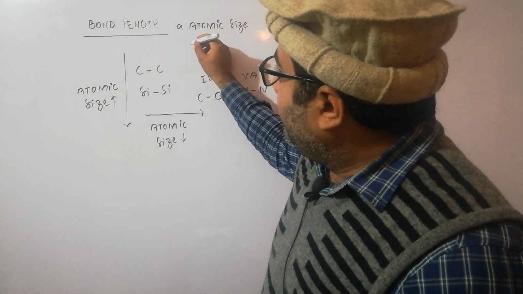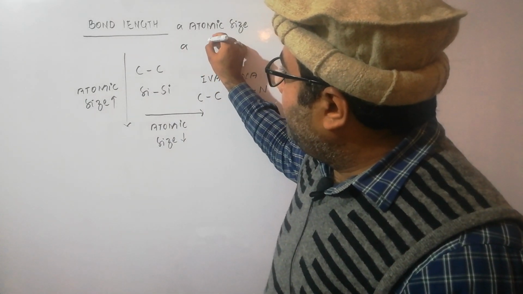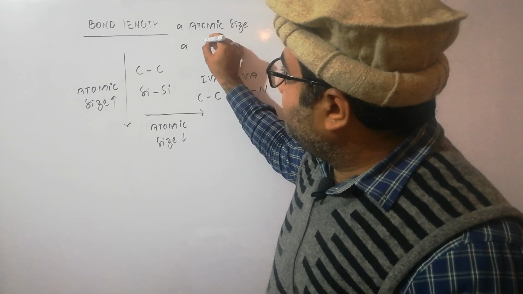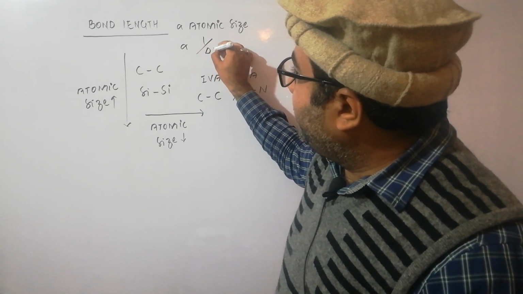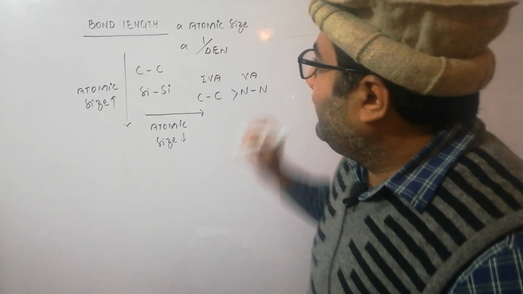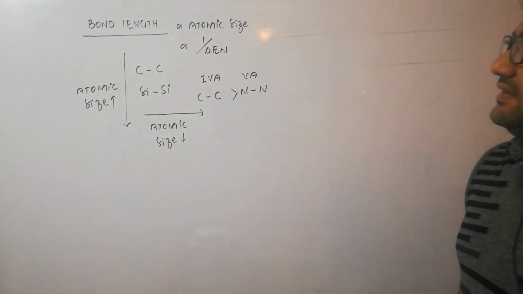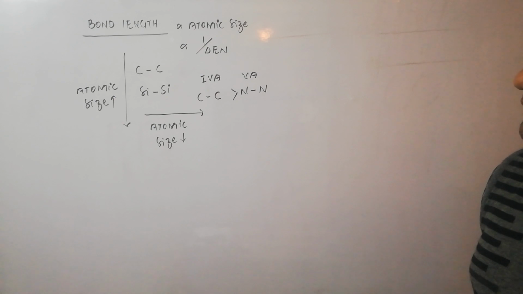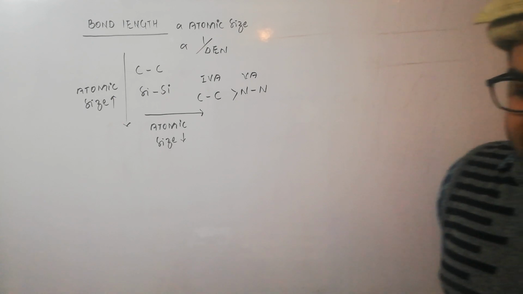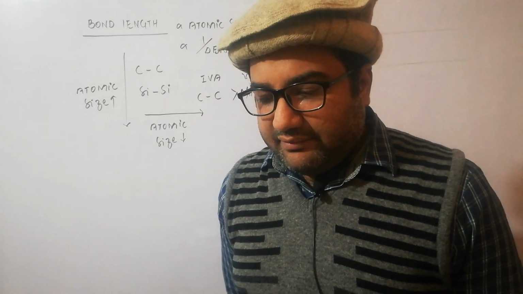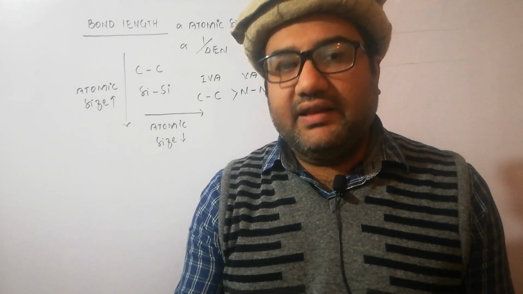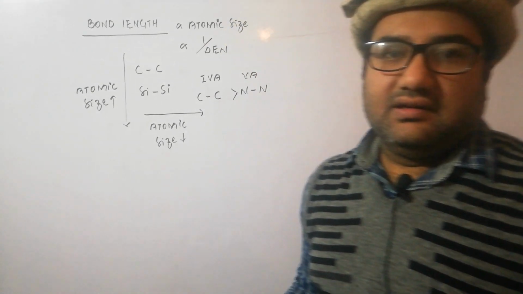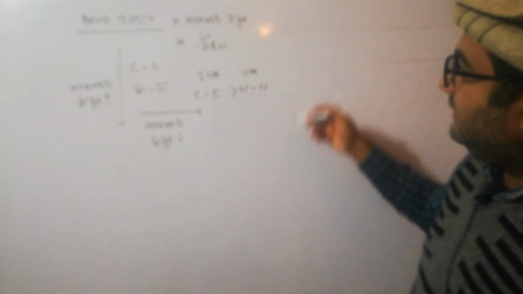Now the second factor is the difference of electronegativity. And bond length is inversely related to the difference of electronegativity. Means when the difference of electronegativity between the two bonded atoms is high, then the bond length will be shorter. For example,